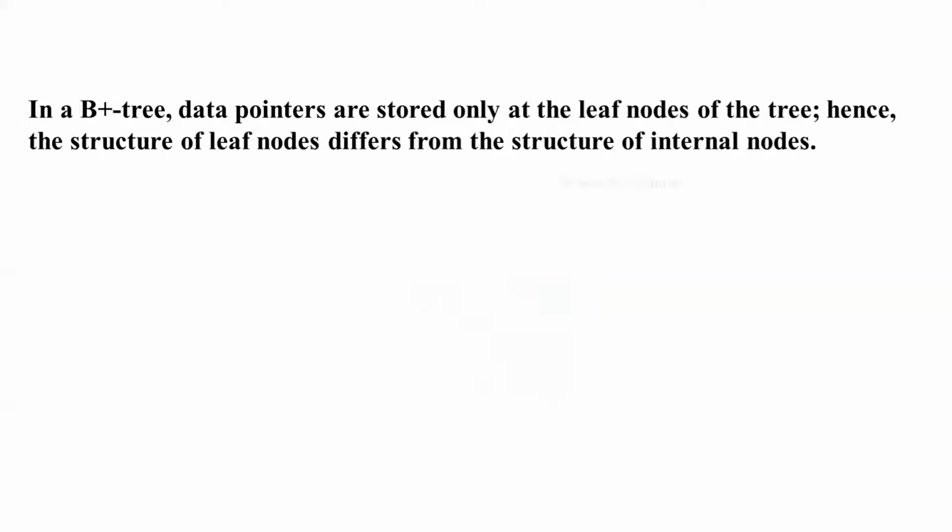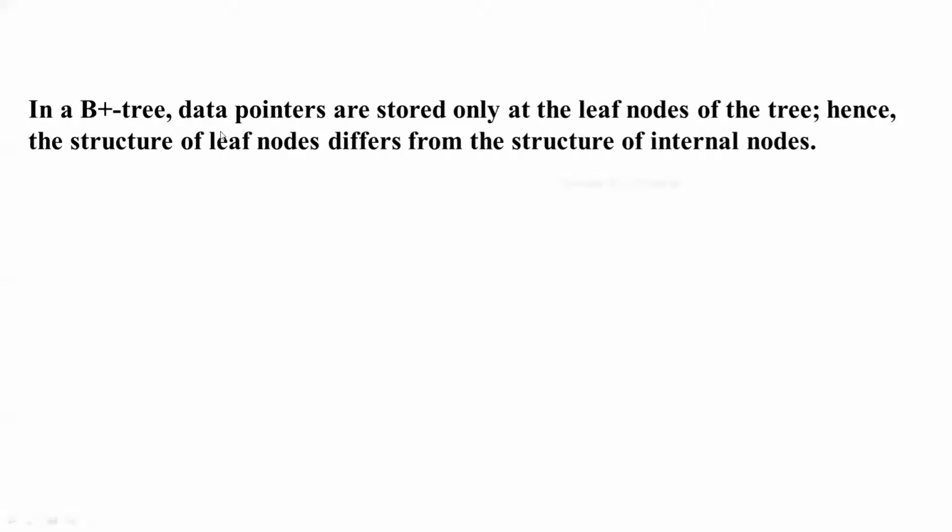So first, in a B plus tree, you're going to have three types of pointers. The first is the data pointers, the second is the tree pointers, and the third is the links which exist at the leaf node. Okay, so basically we know tree implementation will consist of nodes, and you'll be having the root node. The node which does not have a parent is called the root node, and the node which does not have any children is called a leaf node, and all other nodes are called internal nodes.